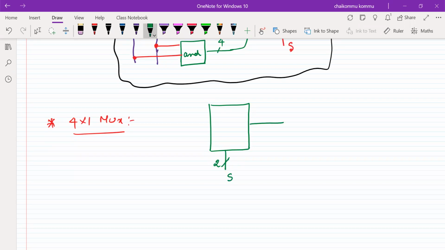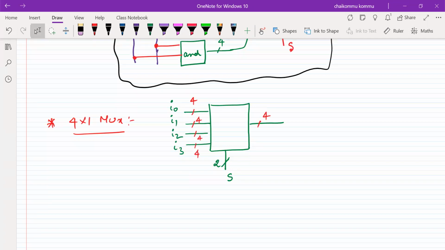And what are the signal sizes for A and B? 1, 2, 3, 4. For example, I0, for example, I1, I2, I3. Let us consider. Okay, so for single bit size, we have 4 AND gates we need to use, and 1 OR gate, and somehow we can manage how to write the 4x1 mux. We have seen already. But actually the problem is that each and every line is 4-bit size. That's the question here. Each and every line is 4-bit size. This also becomes 4-bit size.